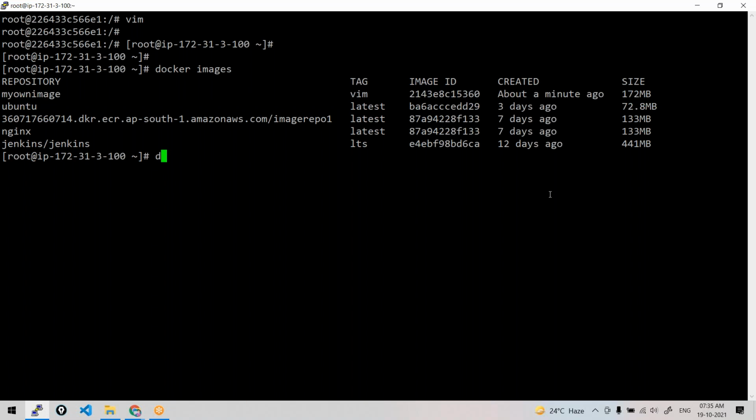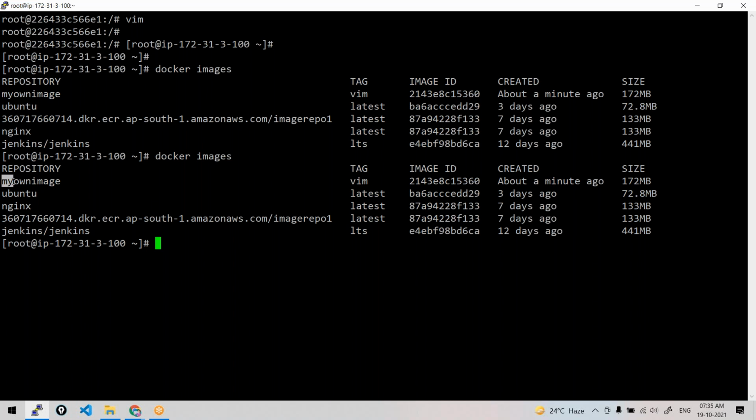Now, okay, fine. I have got my image ready, created with the simple method of committing your container. Okay, my image is ready. So I want to push my own image to Docker Hub. Can I do this? Will this work? Kiran says no. Why will it not work, Kiran?